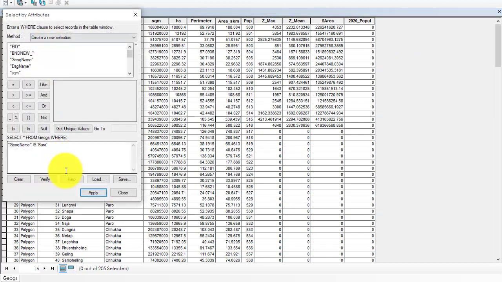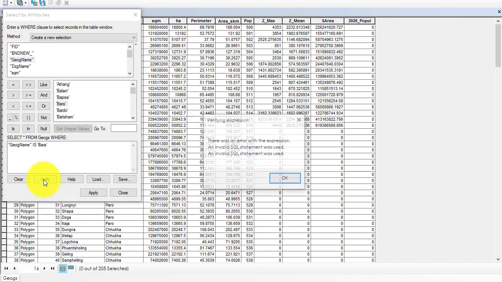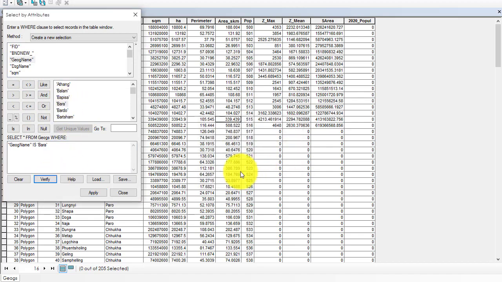Sorry, I just forgot one thing. It's only for null. The function is the same, but it's only for null figures. So let us try this one and get unique values of geog names. Get unique values. Let's say that whether it's so it's not verifying. That means this key function, how it's different from equal to, is only for those